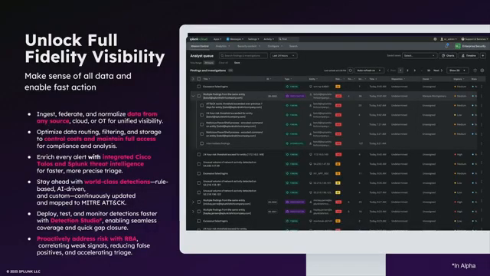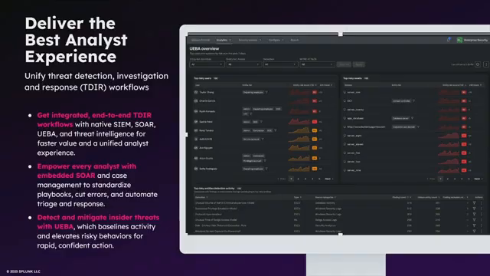Delivering the best analyst experience, we've talked about providing integrated end-to-end threat detection, investigation, and response workflows with native SIEM, native SOAR, native UEBA, all with the same case management, with automation everywhere, and in one single user interface. Now, one thing I want to highlight here is that many SOAR products actually price based on the number of users. Well, we realized that if we want to empower analysts to really tackle threats in the AI era, then